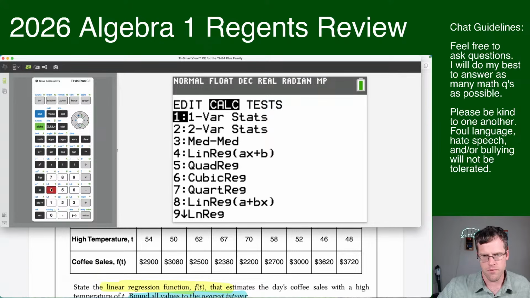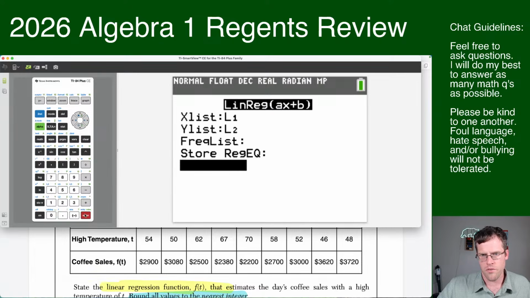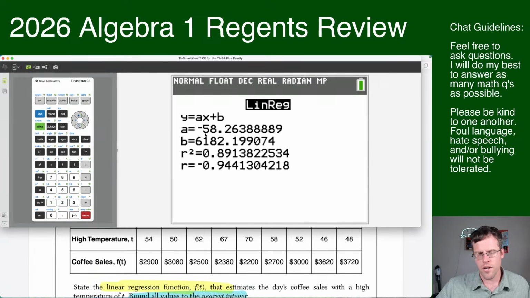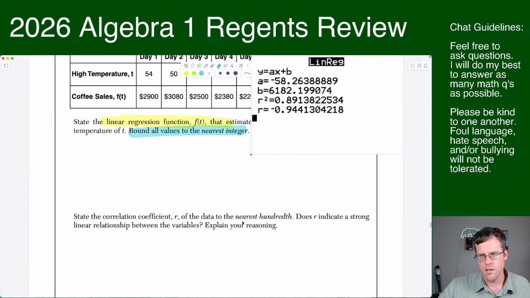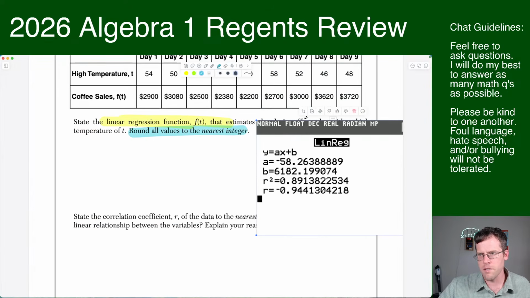Linear regression is number 4. All the way through, and you get your A value, coefficient of X, B value, and your R value. This is what we need. Okay, so I'm going to take all of it. Me personally, like,